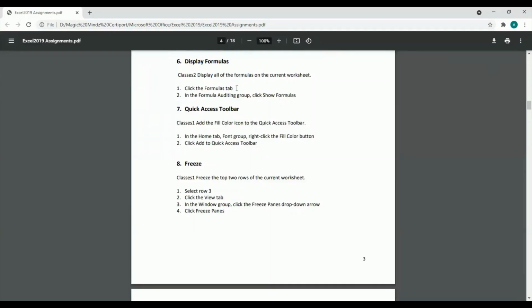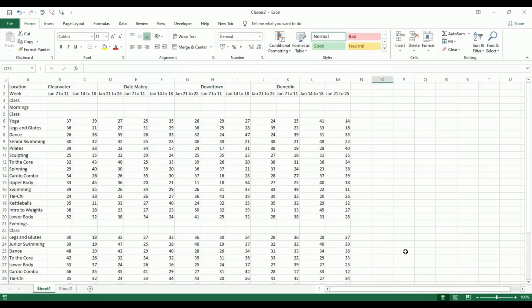It says display formulas. So he says class 2, display all the formulas of the current worksheet. Now this is again very interesting and useful because a lot of times you will get a sheet sent by somebody else. That person has sat down and done some calculations, and those calculations are obviously done using some formulas. You want to know which formulas that person has used, and you also want to know where all the formula is being used. For example, when I look at this sheet right now,